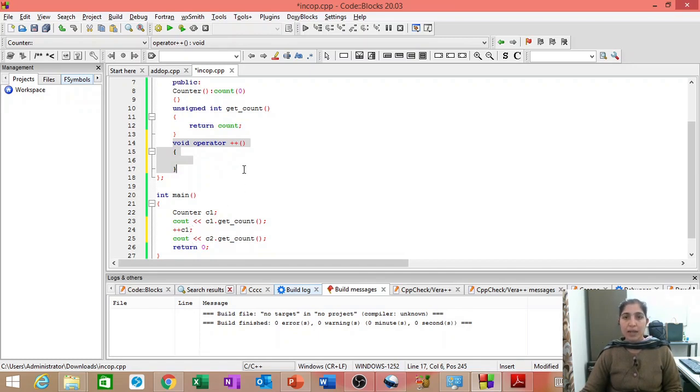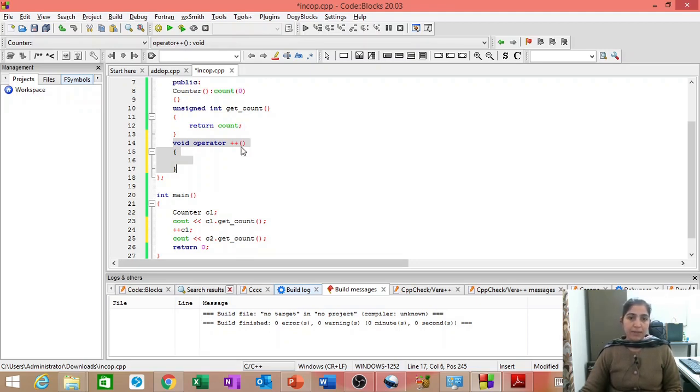We do not need to pass it explicitly. We need to pass an argument explicitly whenever there are more than one arguments. Like the case in binary operator, there were two arguments, d1 plus d2. Okay, so d1 was passed implicitly because we were calling that function using d1. But the second operand d2, we have to pass it explicitly. Okay, but here in this case, we do not need to pass it explicitly because there is only one argument that will be passed implicitly when we use it for calling this function.